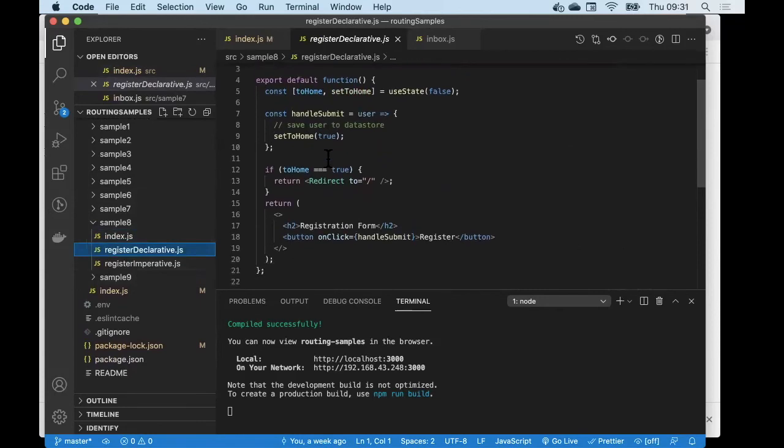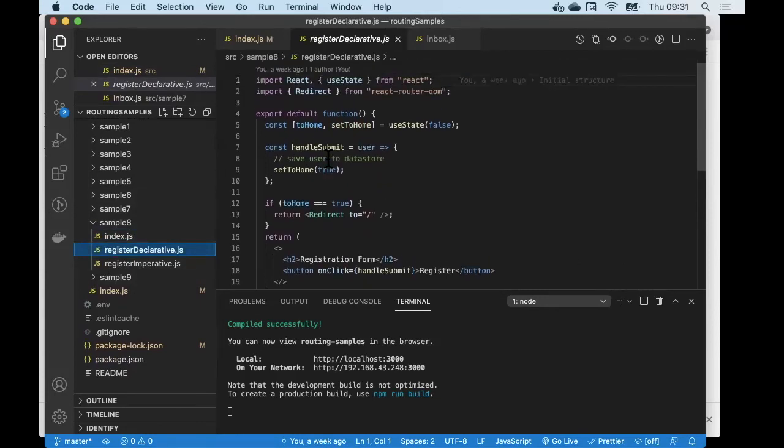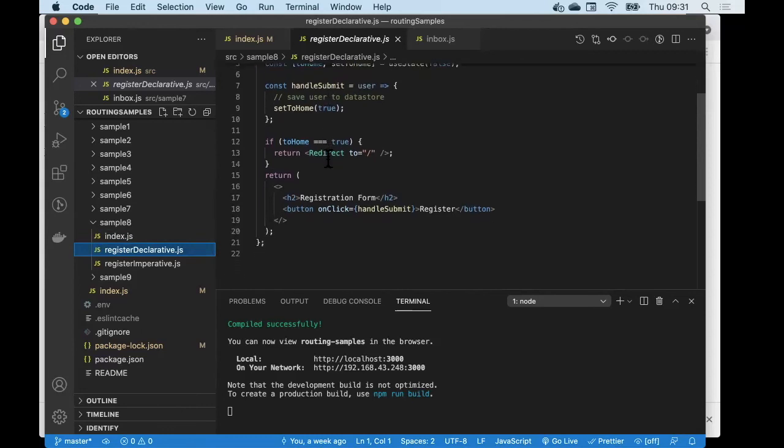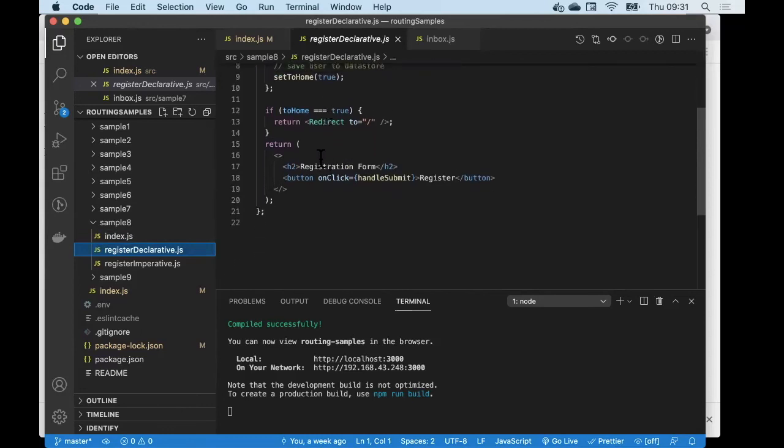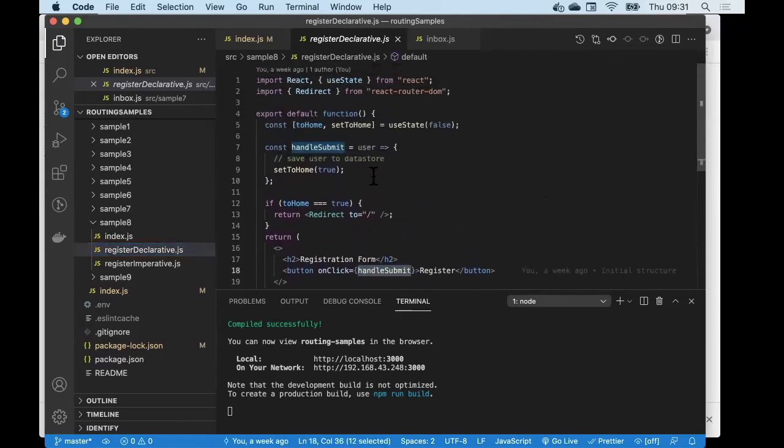So this is the component now that displays my registration form and the registration button. When the user clicks on the button, I run my local event handler. And the event handler carries out a state change. So I've declared a state variable, and really the only purpose of this state variable is to facilitate the programmatic